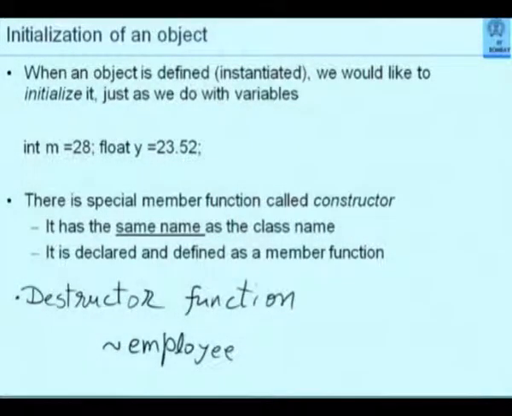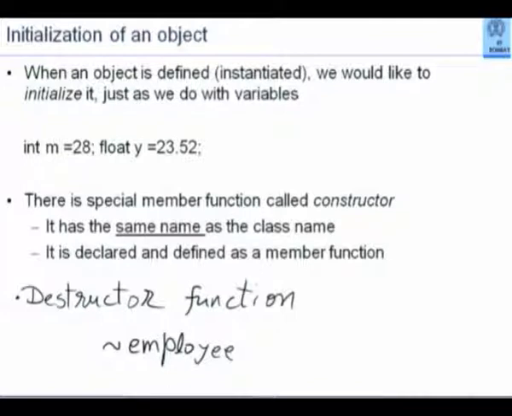In mathematics, tilde is often used to indicate negation. So, that is exactly the meaning here. It is the negative of construction.